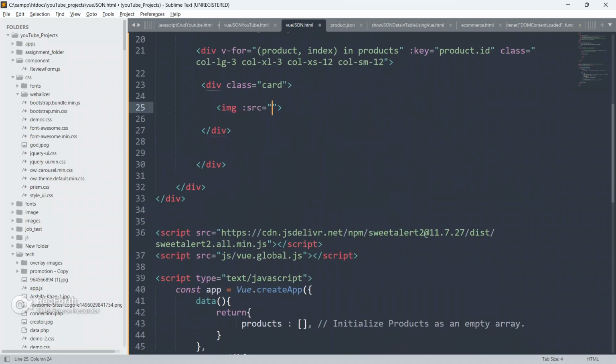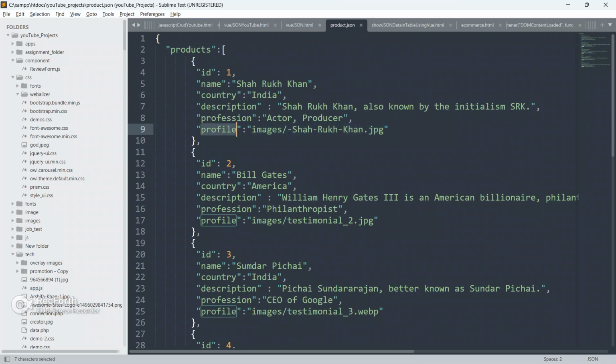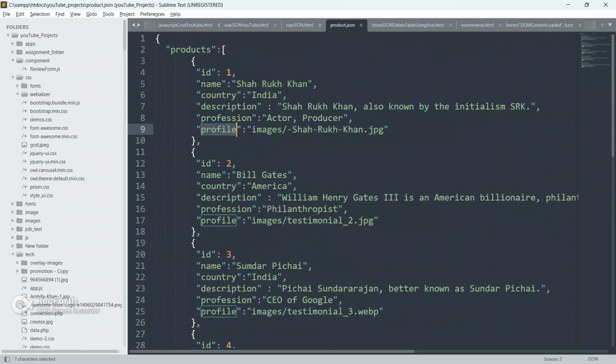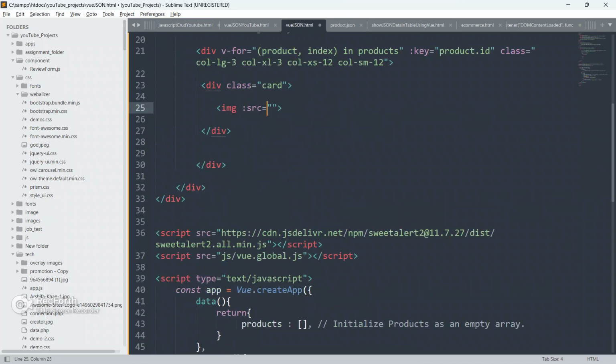Guys, I have already explained how to fetch images using Vue.js. So we have to do v-bind src, and then we have to do this product.profile. Okay, this product.profile.